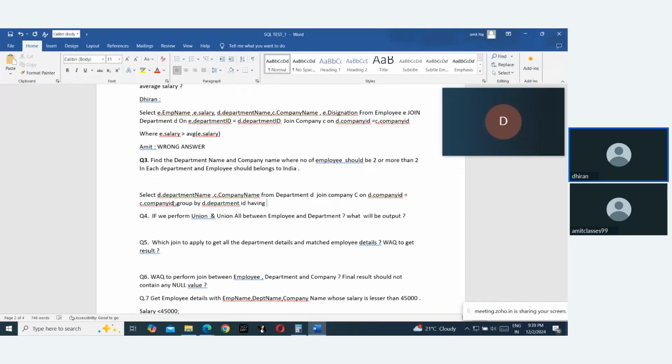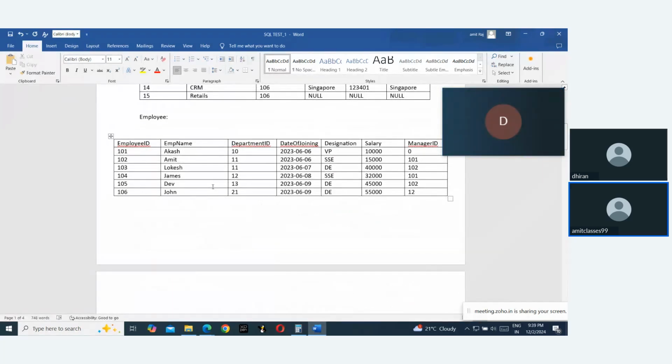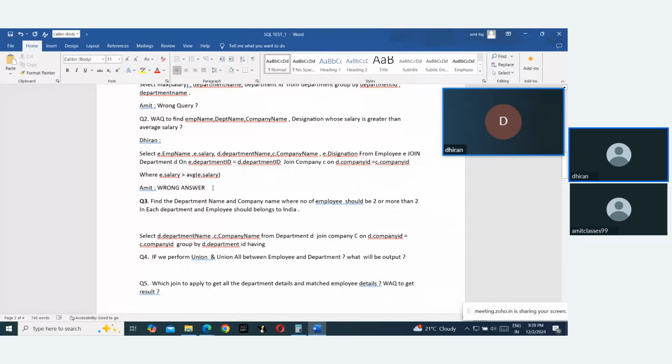No, okay, wait. Where number of employees should be, but company ID and department do not have the employee details, right, Amit? So in that case, we have to join with the employee. We will not put the group by yet. After this join condition, we will again join with employee, because department does not have the employee details, right? Correct. So we will remove that group by, and then we will join with